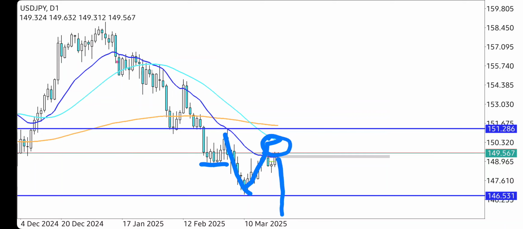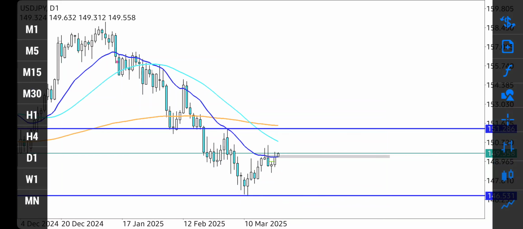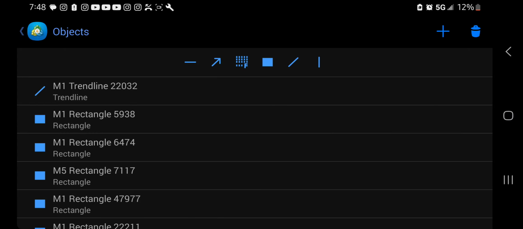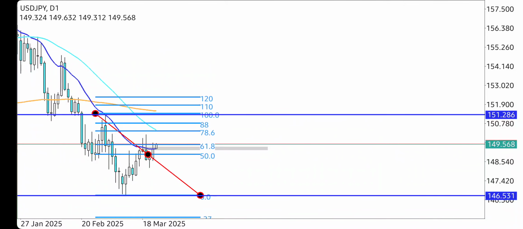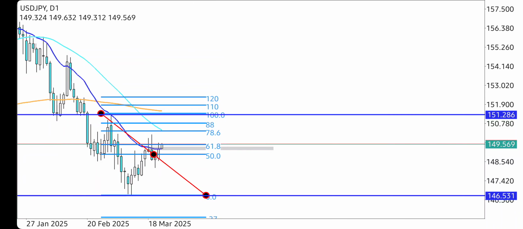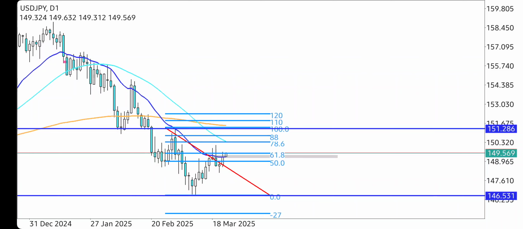fib level and to eventually go down, break this low right here, and continue making these lower lows, lower highs. So let's put the fib on it real quick. All right, we're going to go from the swing high to the swing low, and as you can see, this is our golden zone right here, this 61.8. And as you see, price is really just resting in between here and is bouncing.